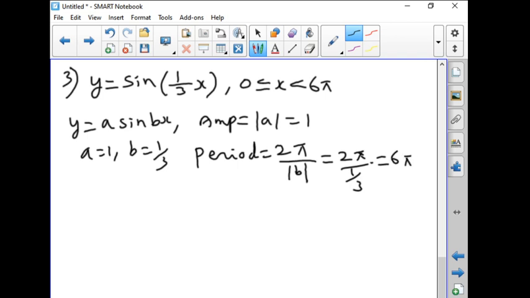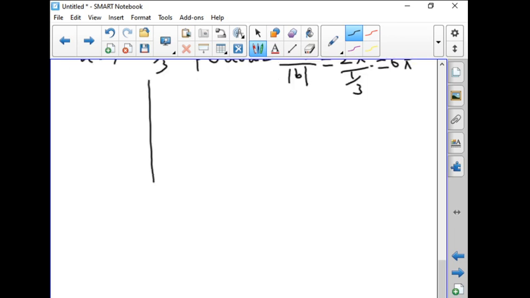Okay, so now it is asked to sketch the graph. So how will you sketch it? So this is the y axis and this is the x axis. On the y axis we will take 1. Amplitude is 1. So what is amplitude? The maximum height reached by the curve is called the amplitude. And what is period? The full cycle is called the period. So the interval here is given for 0 less than 6 pi. So here this is 0, here we can take it as 3 pi and here it is 6 pi.